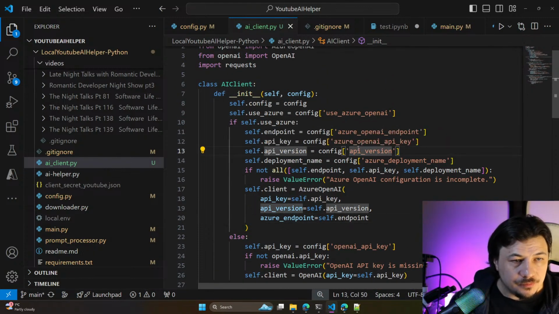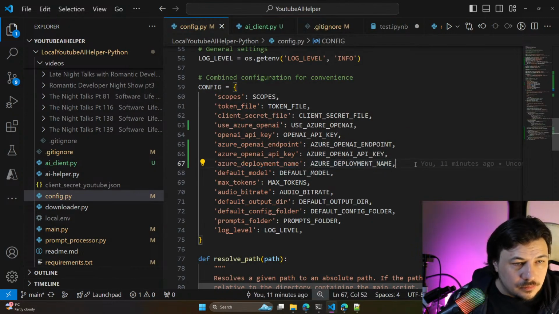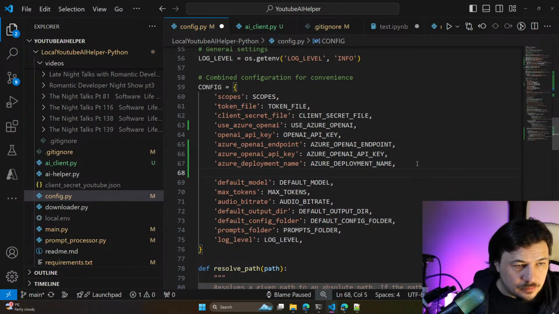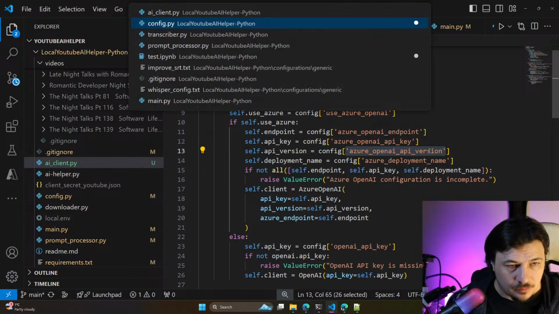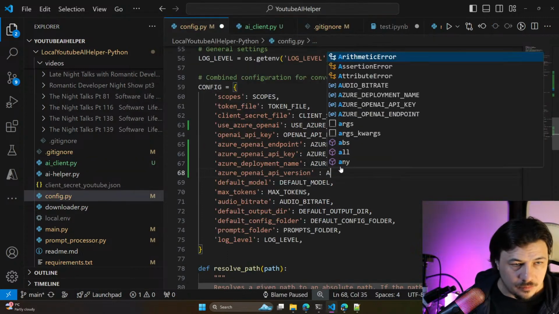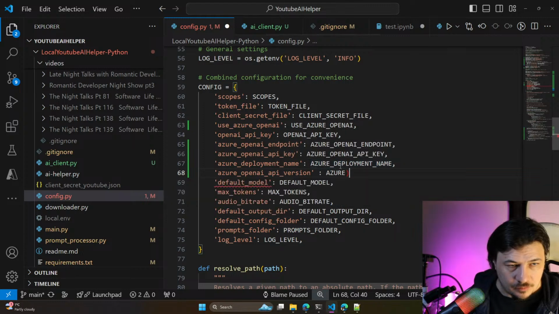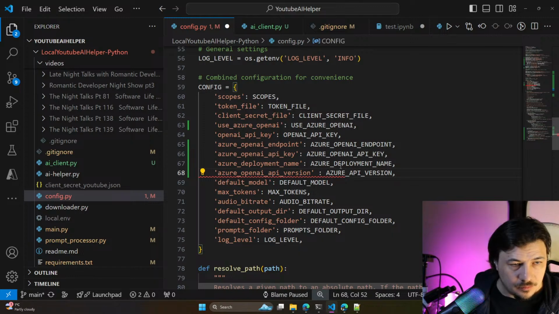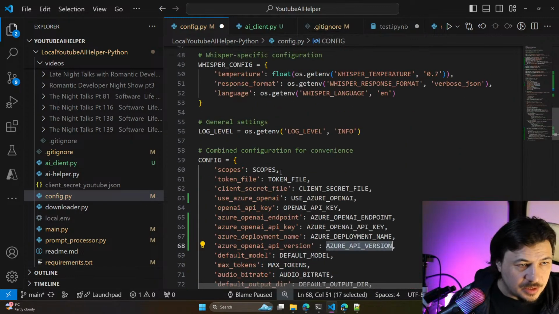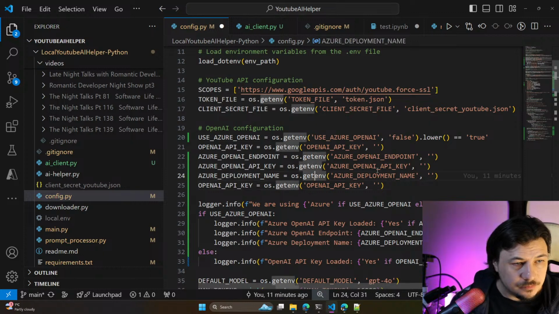Okay. Azure OpenAI API version. And the Azure API version would be somewhere here. Endpoint, key, deployment name.